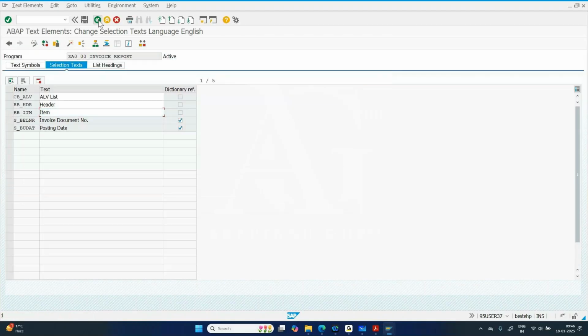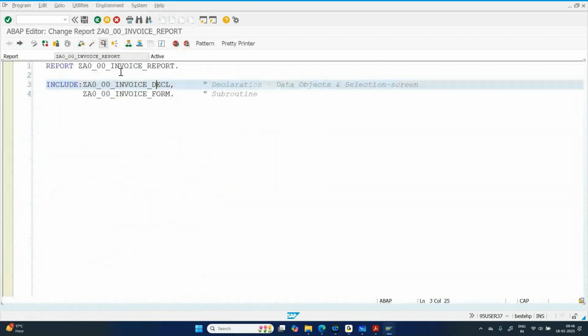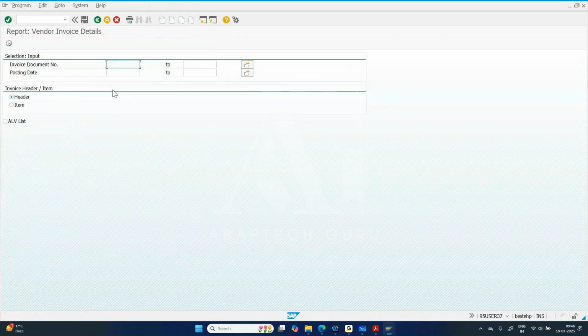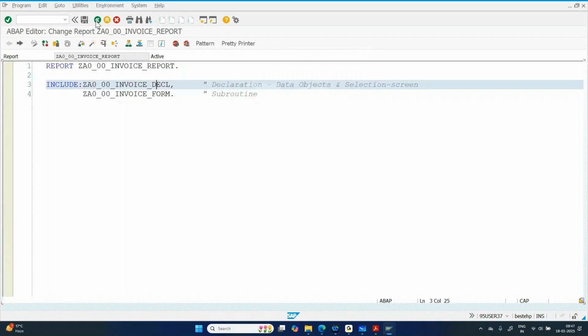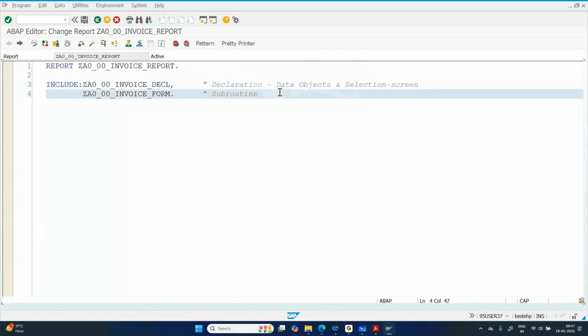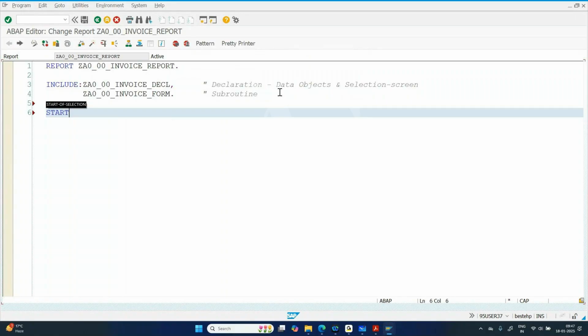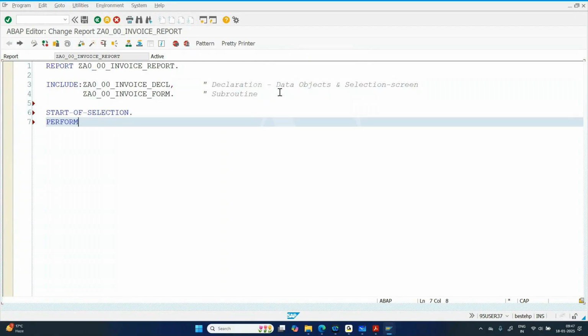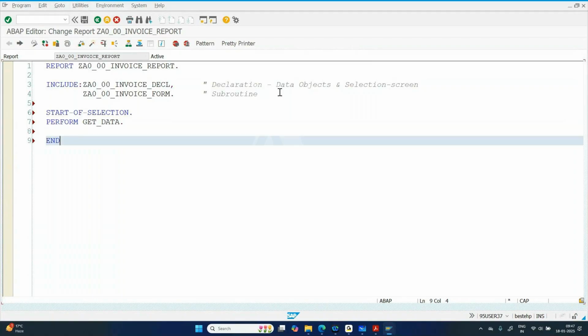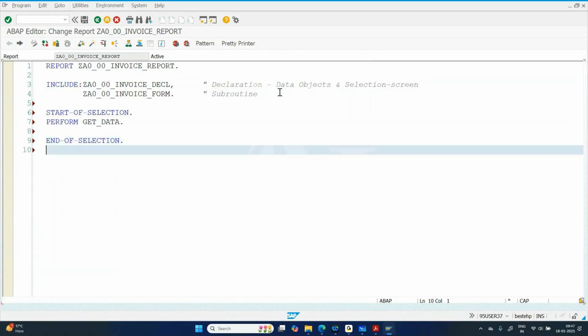Activate, go back and execute. See, invoice document number, posting date, header, item, and the ALV list. Right now, we go with the start of selection. So I can say perform get data, and then we can say end of selection, perform